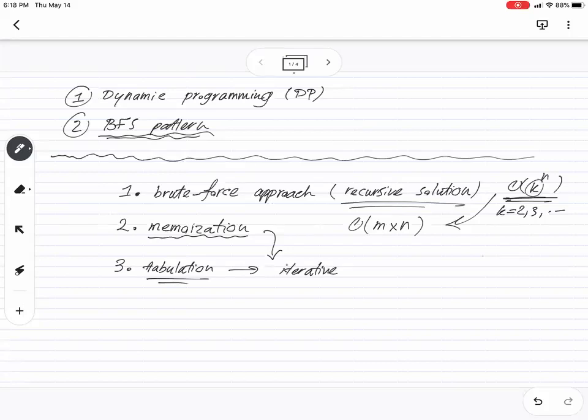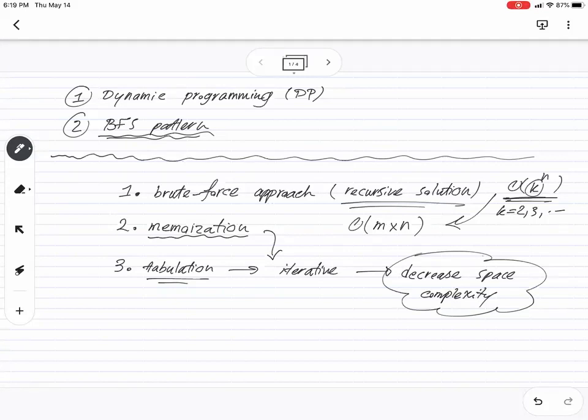And usually in tabulation, it is possible to decrease space complexity. Usually we decrease space complexity, but sometimes, if you are an embedded guy, even if tabulation doesn't decrease the space complexity, because we don't use recursive calls, we don't use a recursive solution. Definitely iterative solutions are preferred when you are coding in really resource-limited